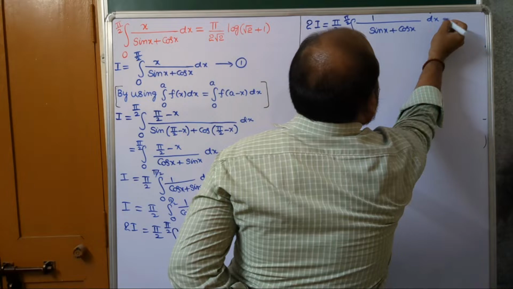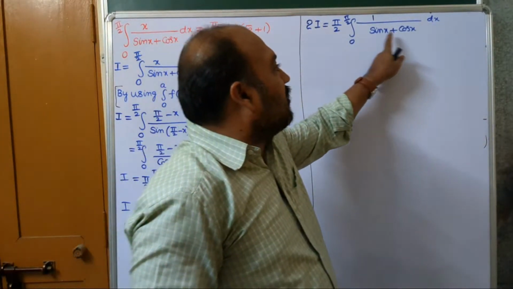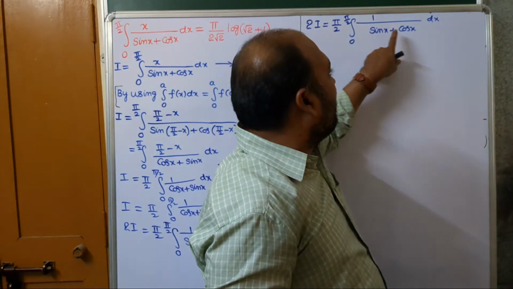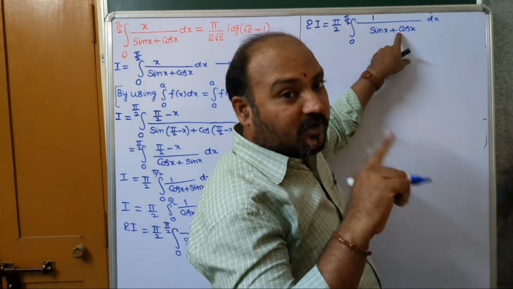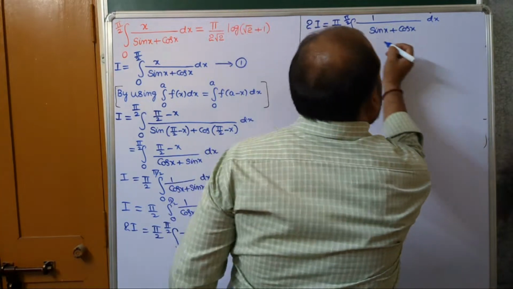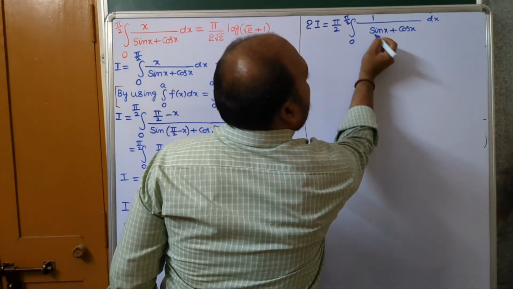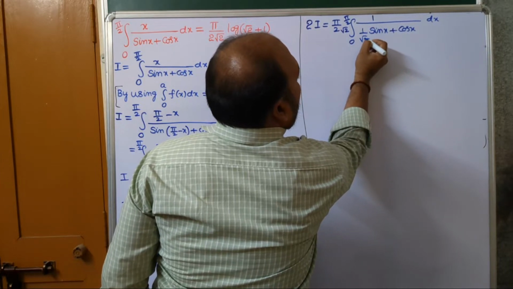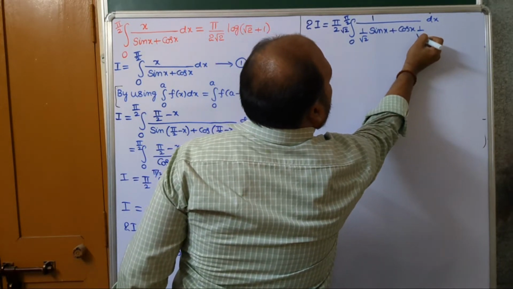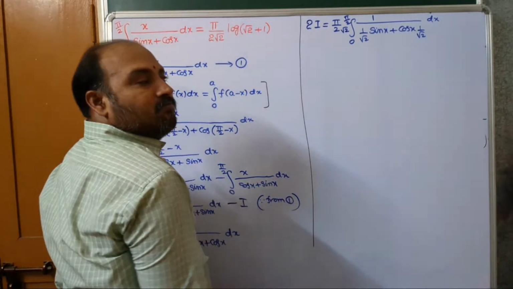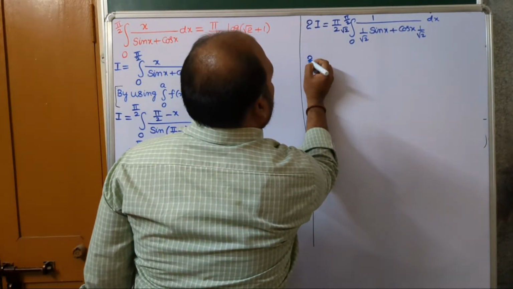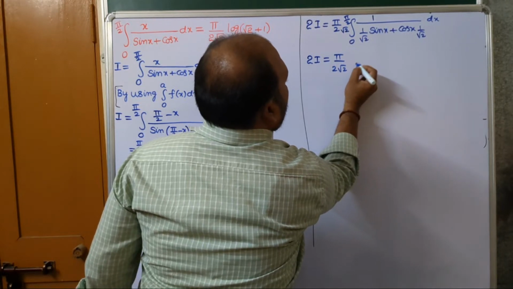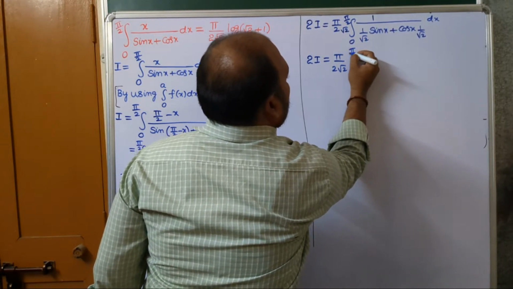Here what I am doing is sin x coefficient 1, cos x coefficient 1. Dividing by root of a square plus b square. Here a value 1, b value 1. Root of a square plus b square, 1 square plus 1 square, so root 2. So dividing and multiplying with root 2. Do you understand that? So 2I is equal to pi by 2 root 2 integral 0 to pi by 2,